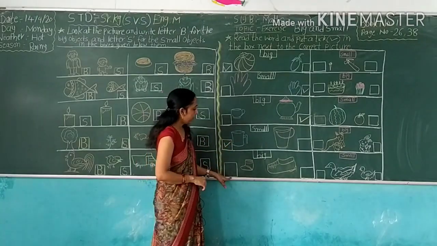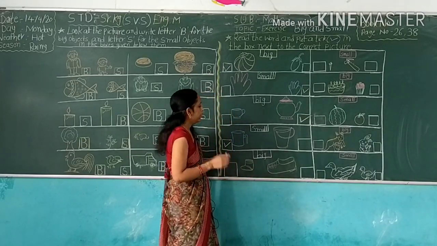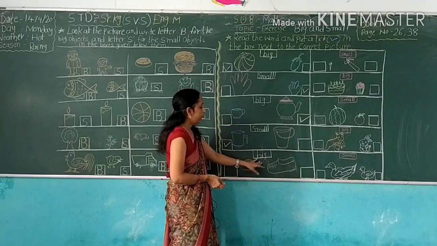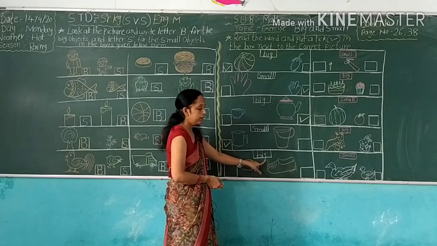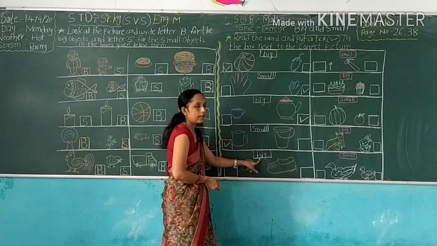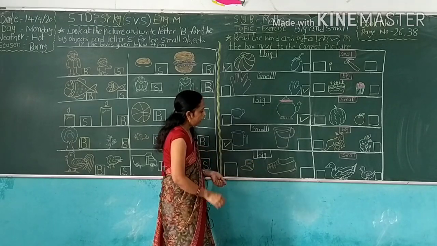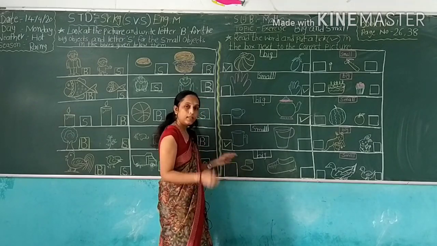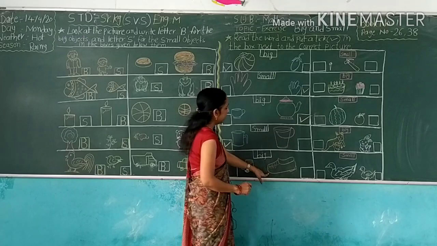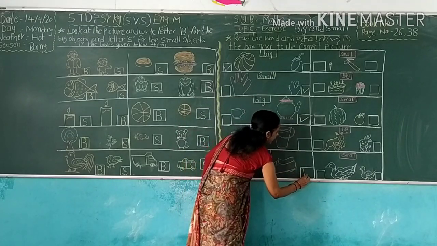Okay. Here I drawn two objects. One is big and other one is small. So here we write big object. Okay. B-I-G. Big. Which word right here? So here we write take the big object. Okay. This object is small and this object is big. So here we write take big object.